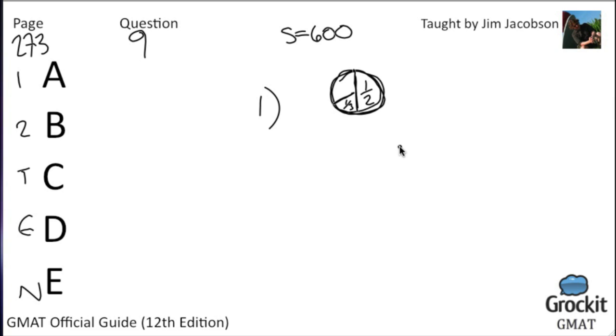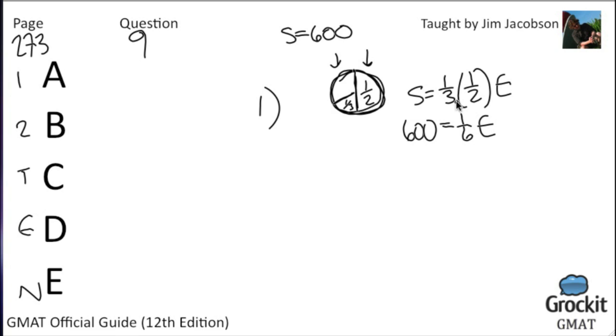Mathematically, you could kind of eyeball this, but if this is 1/2, then this is also 1/2. His savings equaled 1/3 of 1/2 of his earnings. And we know that that's 600, so